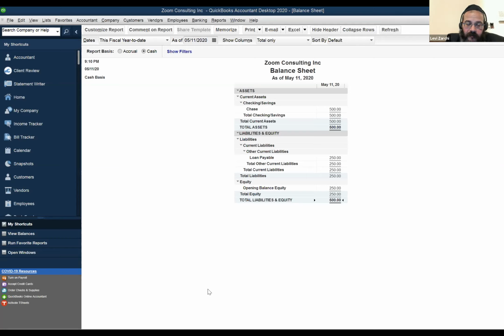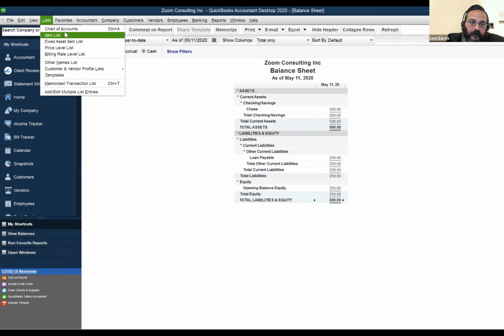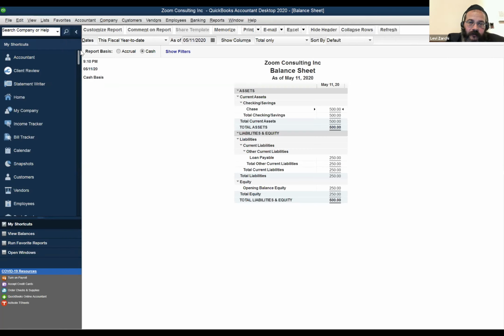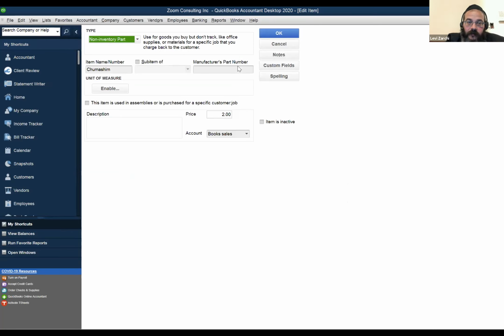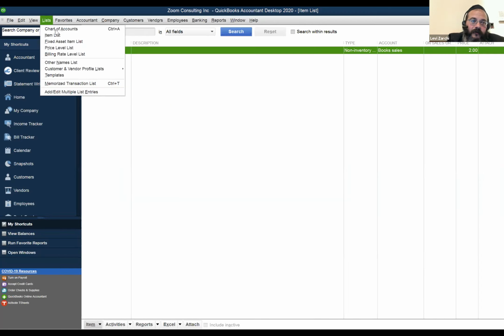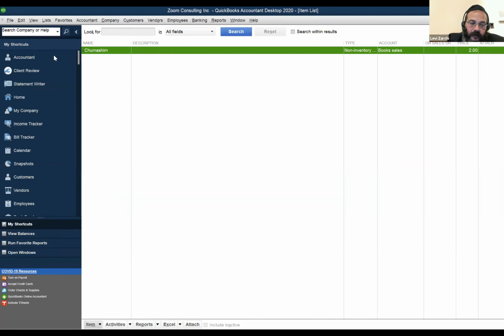Which account do I put for the invoice? I explained how the invoices automatically pick the account. It depends how you categorize the item. Also, if you go to the item list, you have Chamashim. We decided Chamashim is book sales. That is the account. If I had a new item, and we'll create a new item as we speak, so you understand, if I have an item list, and we say go to item, create a new item,